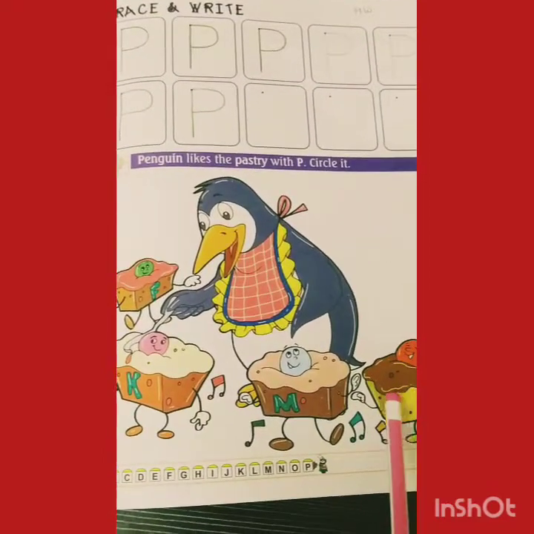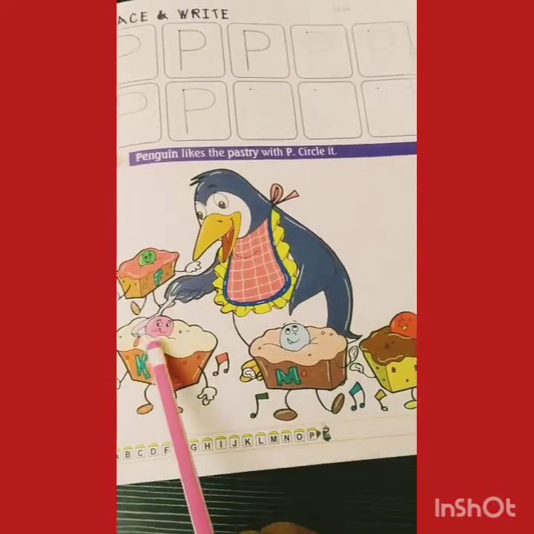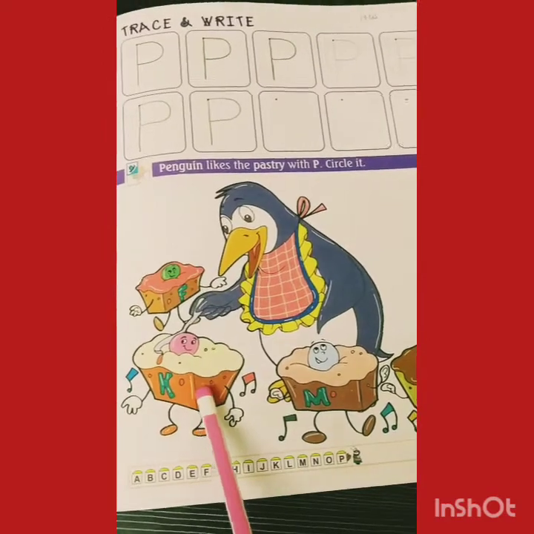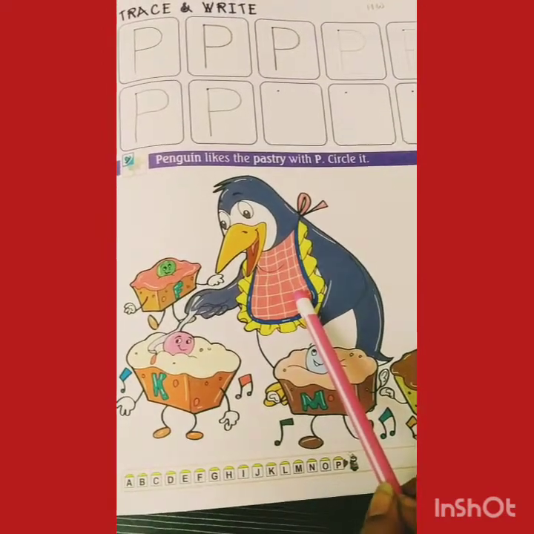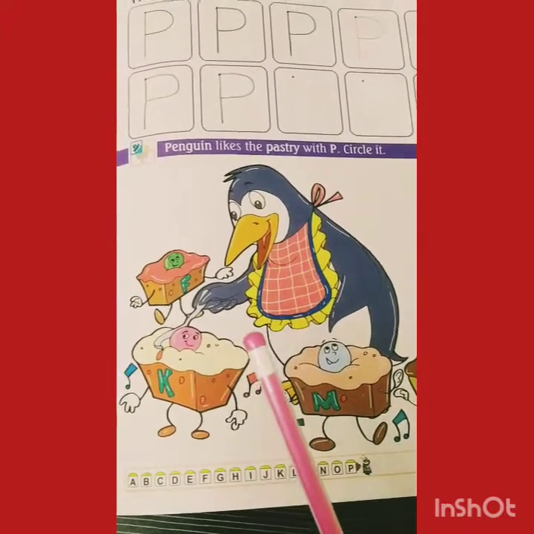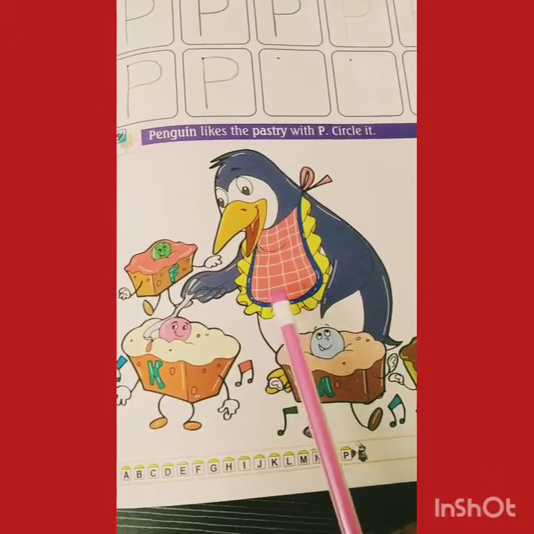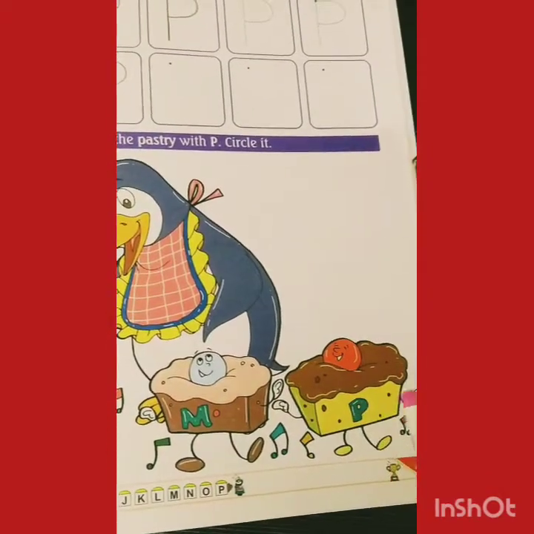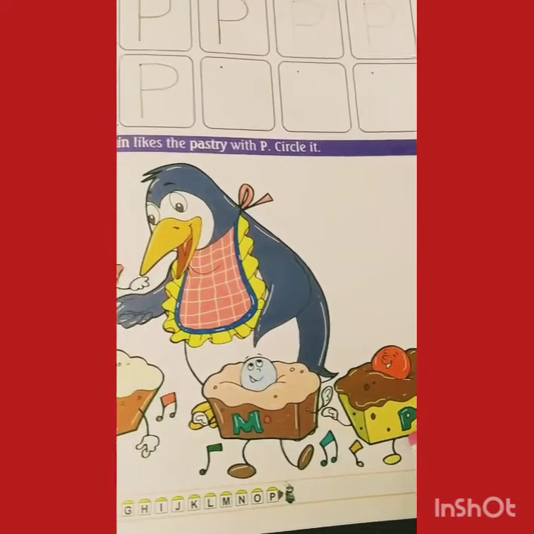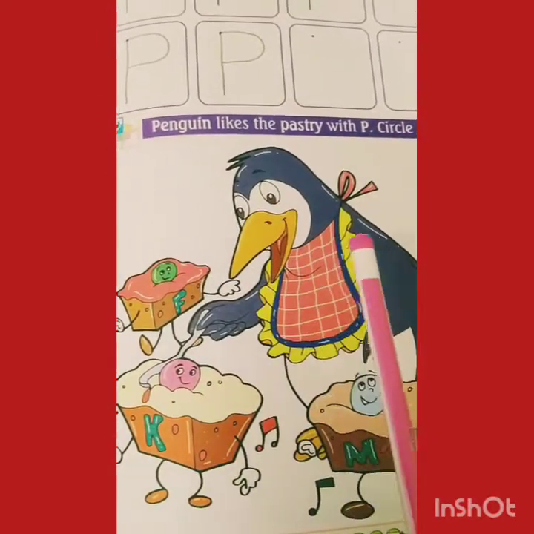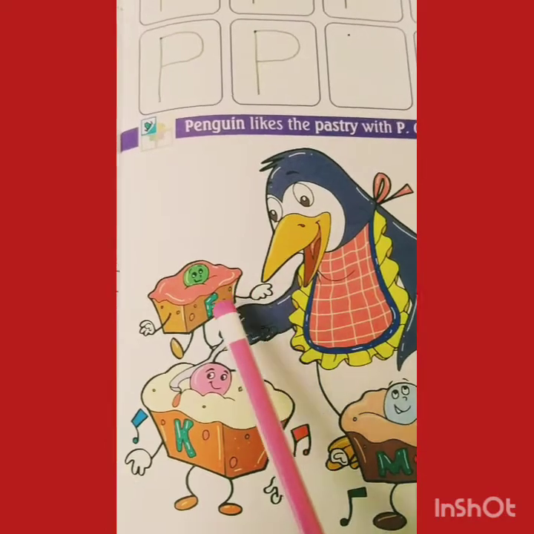Okay, can you see this? We have many pastries. Okay, so this penguin wants to eat these pastries, but only that pastry the penguin wants to eat which has letter P. Okay, so let's find out which pastry has letter P.